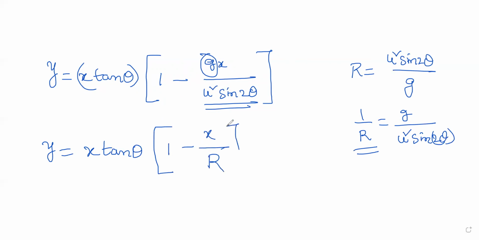This is a very important result. All of you remember. So based on this, we are solving a problem now. So this is the equation, and with this I solved already. I think I solved the problem already. That is regarding projectile motion. Any variable point on the trajectory, if you have the problem, you can solve based on this. There are many problems which you can solve based on this.